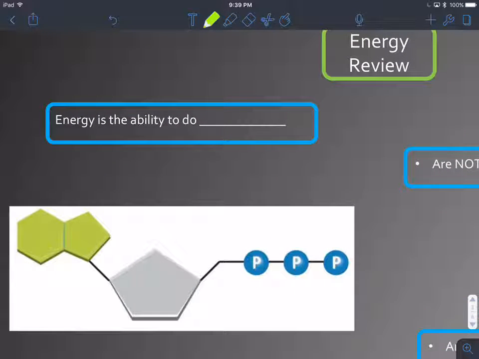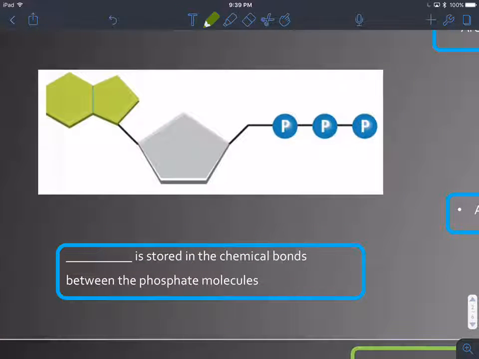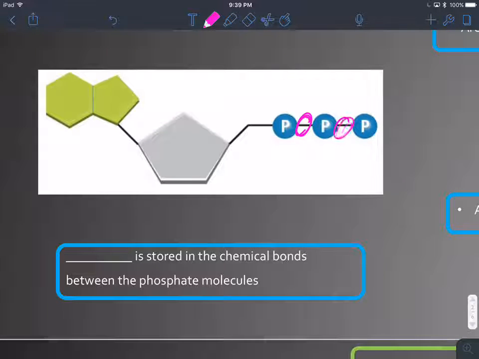Energy, of course, is the ability to do work. Many of you have learned this formal definition over the past week, and I think it's really started to stick. Any kind of force that you exert outside of your body, or that a machine or any other tool might exert, is all work, and we need energy to do this. And that energy, as you should know, is stored right here in these phosphate bonds.